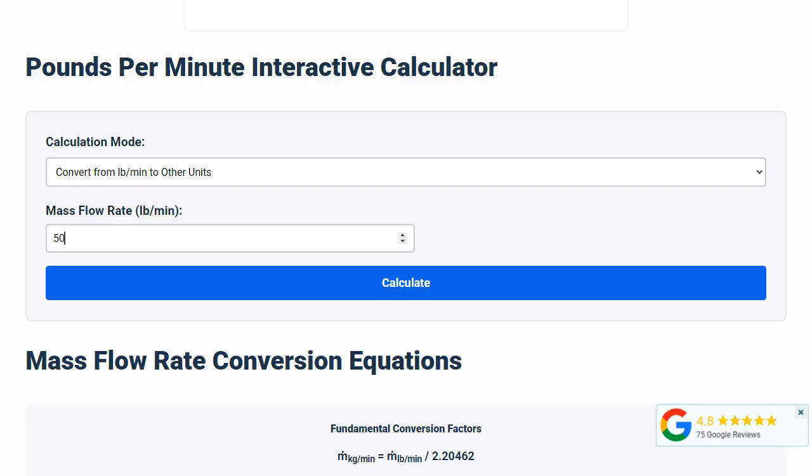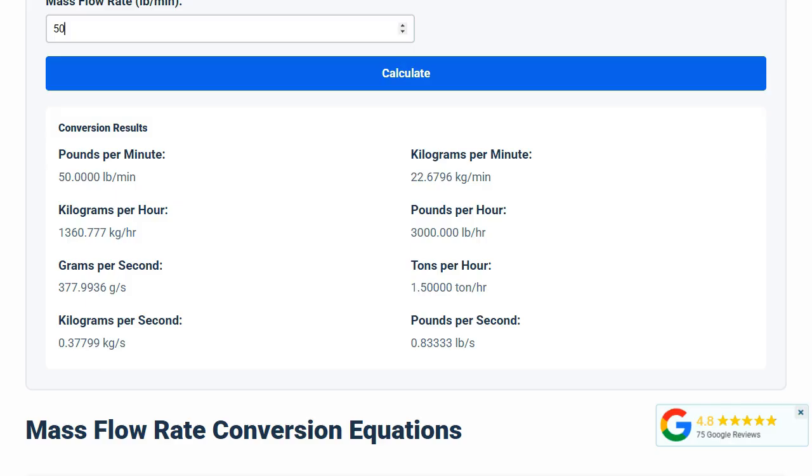The calculator will instantly display your results, showing the equivalent flow rates in multiple units, including kilograms per minute, kilograms per hour, grams per second, and other commonly used measurements. These conversions are essential when working with international specifications or when integrating equipment from different manufacturers that use varying unit